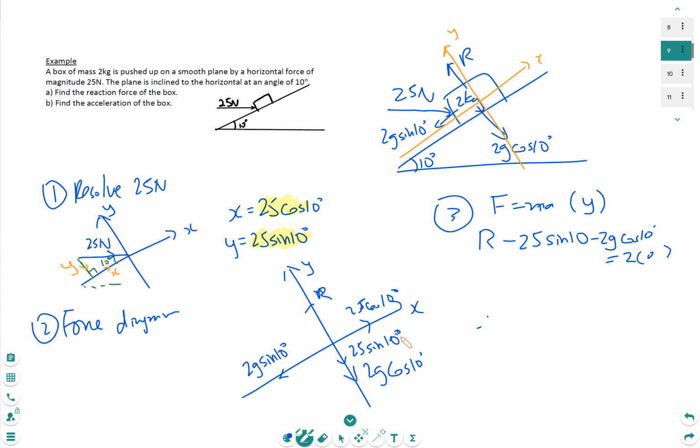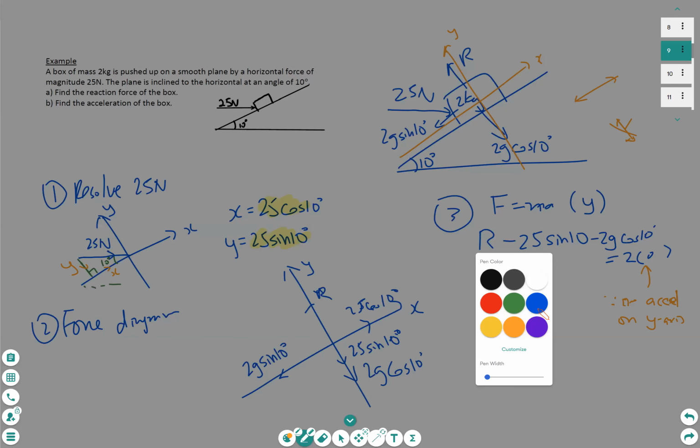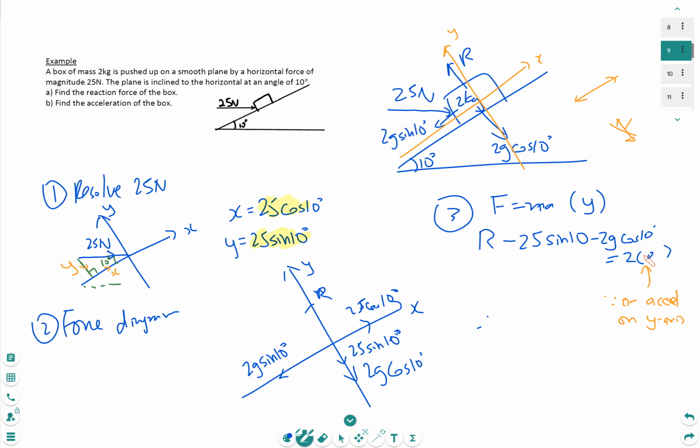Now, why is it 0 in here? Because no acceleration on the y-axis, sorry about the writing. The box is moving left and right. It is not moving up and down. So no acceleration on the y-axis. If there's no acceleration on the y-axis, the acceleration is 0. So if you plug in a calculator, so before I do that, if I move 25 sine